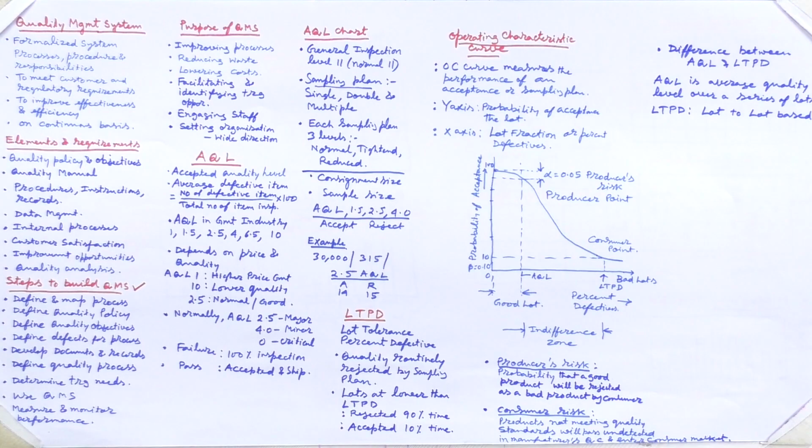For improvement in the process, we look at what was there before the quality management system and what improvement there is after its implementation. That gap analysis should be made and improvement in the process parameters will be ensured. The second purpose of the quality management system is to reduce waste. When the quality management system is in place and properly mapped, and proper training is ensured,